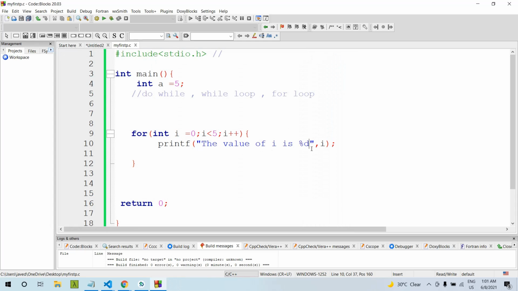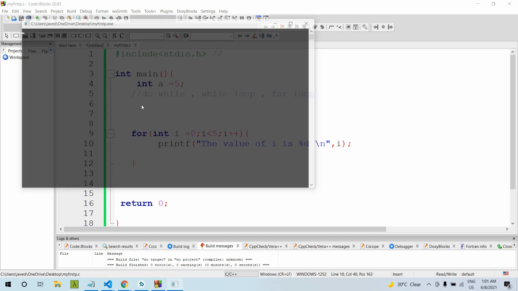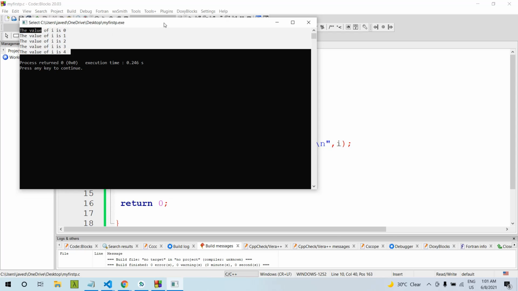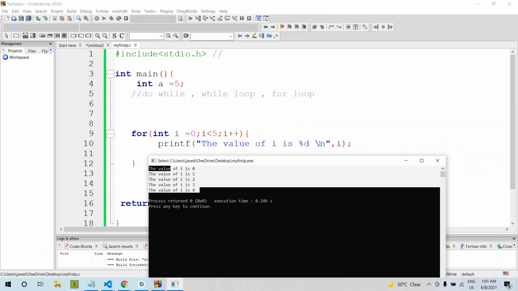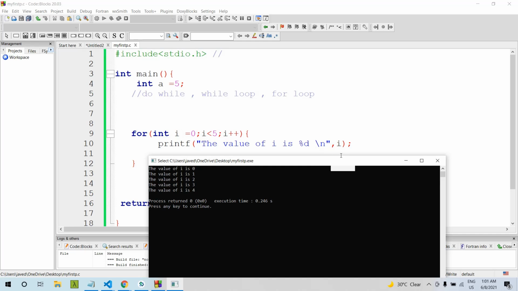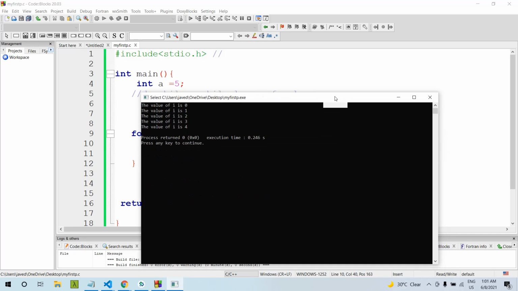Here you can also add a backslash n. What does this do? It brings the output onto a new line. This is an escape specifier, and it brings the output onto a new line. So this is a for loop.